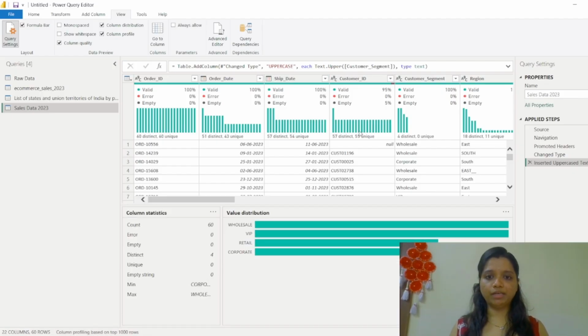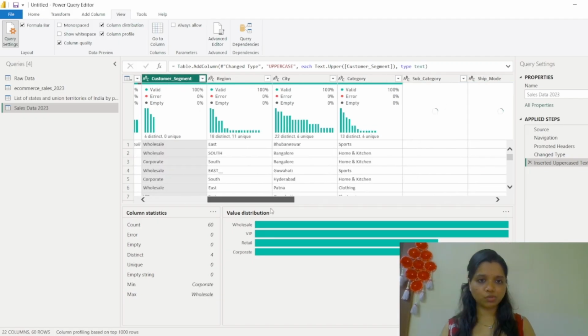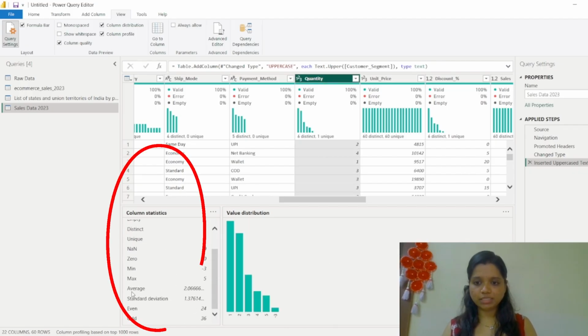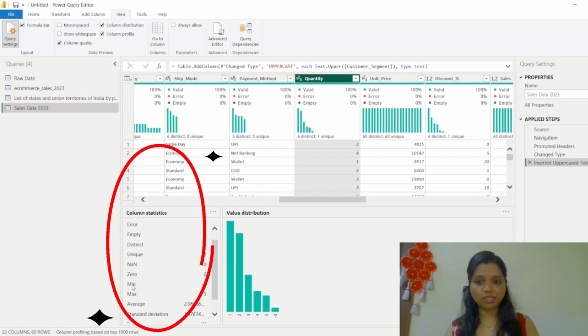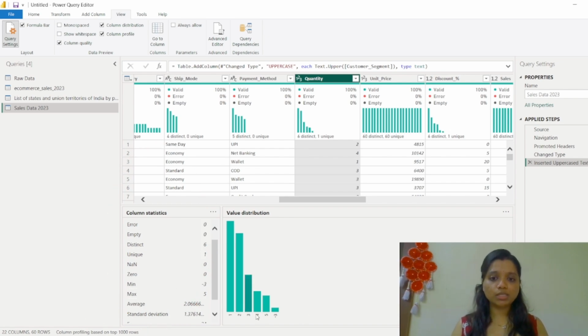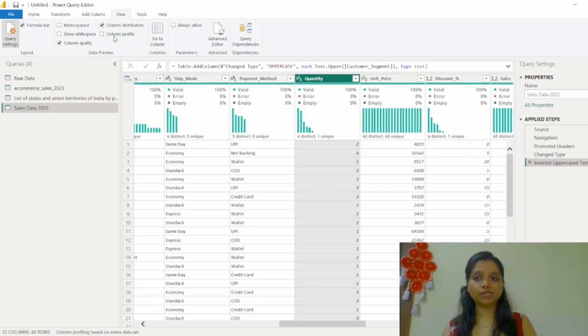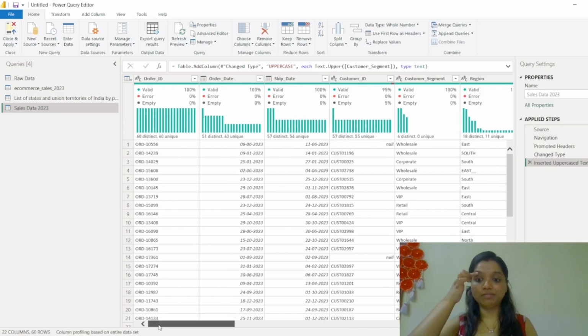Third is the column profile, and this is the most detailed option that you will see. If we select, say, quantity, then it shows what the average is, what the standard deviation is, the even and odd numbers, how many of them are distinct, and the minimum and maximum. Also, what is the distribution of the distinct numbers. So that's how you can control what level of detailed information you need on each of your columns. That's what the interface looks like. So this is that rainbow file that we have imported.